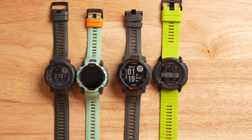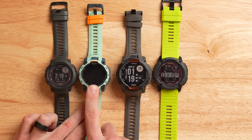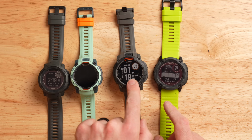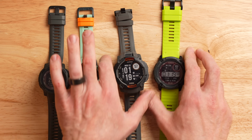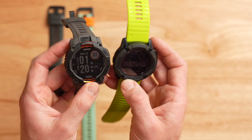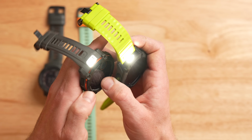When it comes to the look and feel of these watches, they're very similar to the previous generations from the Instinct lineup. For example, here I've got the new Instinct 3 on the right. This is the AMOLED option, 45mm, and then on the left here is last generation's Instinct 2. Now over here on the right, I've got the new Instinct 3 Solar and the Instinct 2X Solar, which is last generation's. And again, between these two watches, they have a very similar looking appearance between their bezels and their shape and their design. And the Instinct 2X here even has the built-in flashlight that the new Instinct 3 has